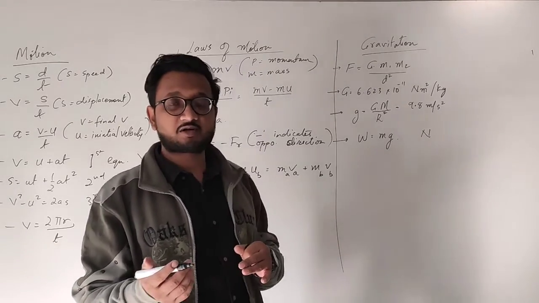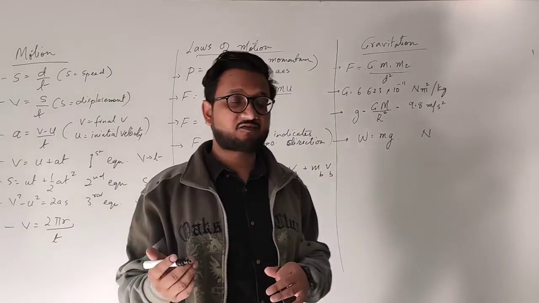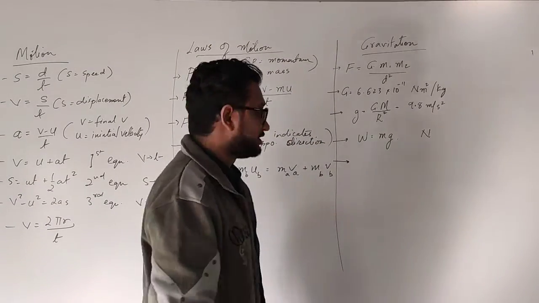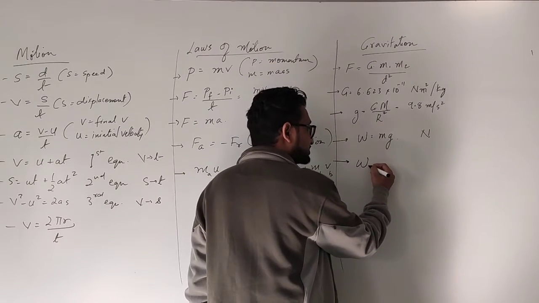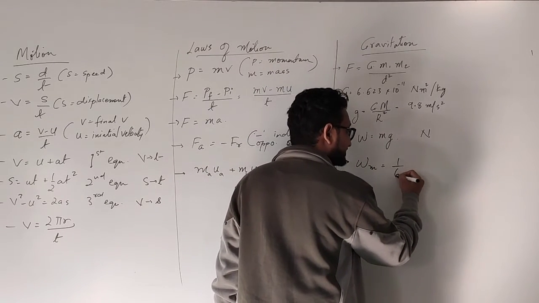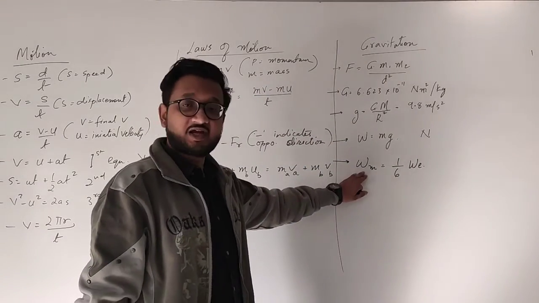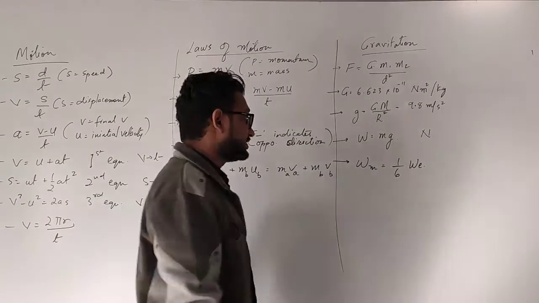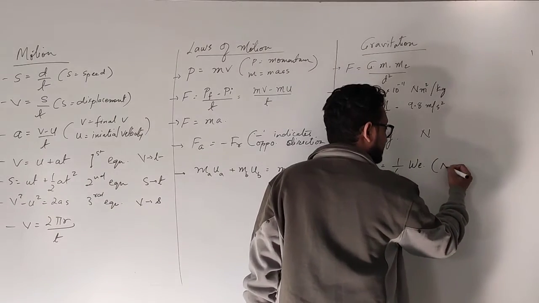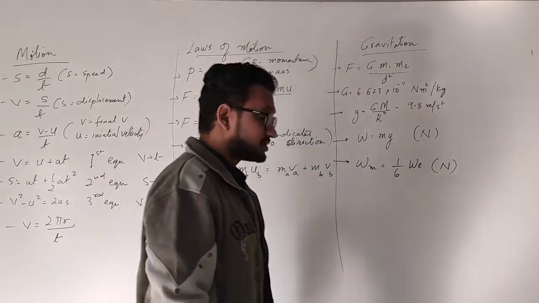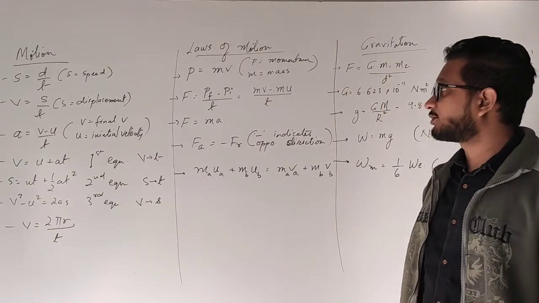The weight of a person or an object on the surface of Earth is different. Okay, person is lighter on the surface of moon, which is given by weight on the surface of moon is equal to 1 by 6 the weight on Earth. But once again, the weight on moon also, its unit will also be in newtons. Okay. Now let us mention the units for all of the points over here.